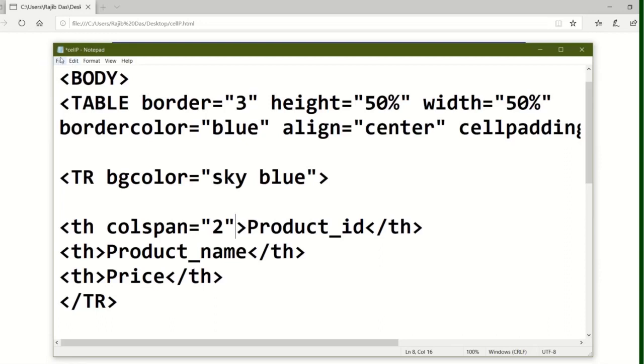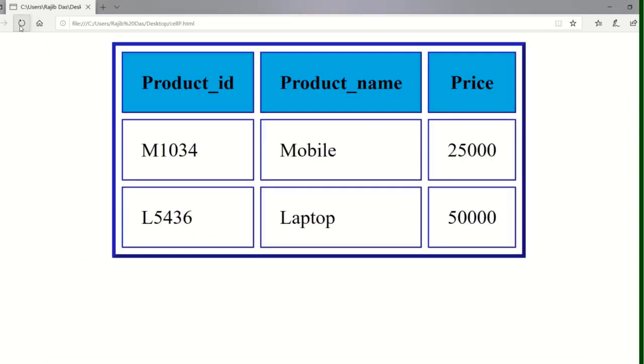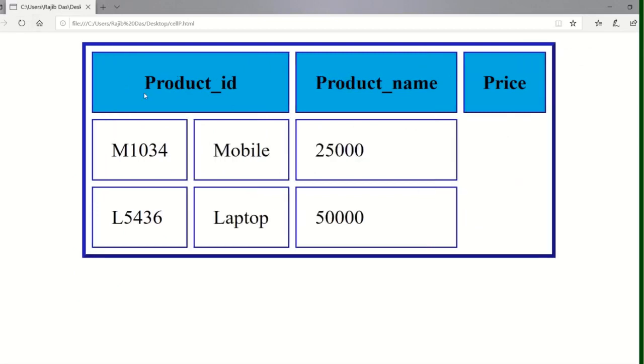Then file, save, and go to the output. See, this is the product ID and it covers these two columns.